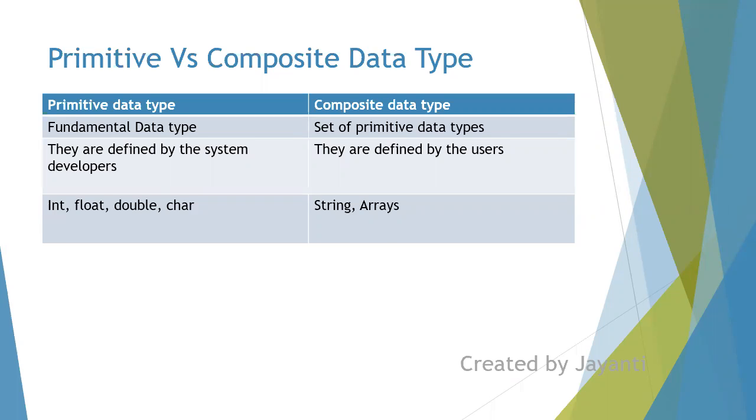Also, when you are defining a class, a class is also a user defined data type. I already told you what a class is. A class is a collection of objects having similar features, that is, similar characteristics and behavior. So the class also comes under composite data type. Whichever class you are creating, like Test is your class, Test is a composite data type. Whichever class you are creating is also a composite data type. So I hope I have clarified your doubt, Tia.